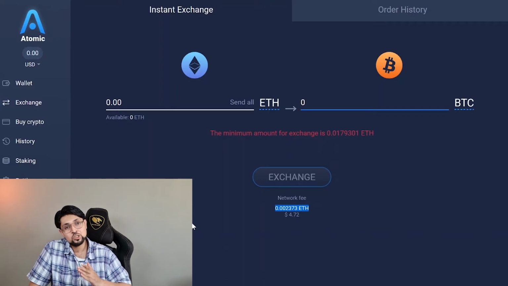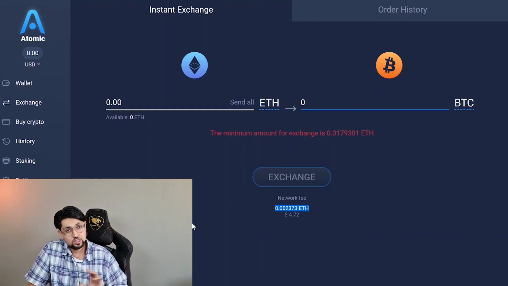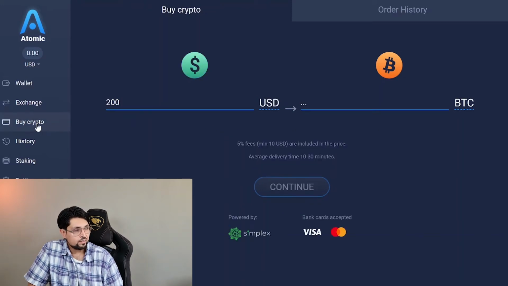You might have to exchange from one coin to another coin and then to that specific token. So be careful about the network fee charges. And if you want to buy a crypto from anywhere in the world, what type of crypto you want to buy,